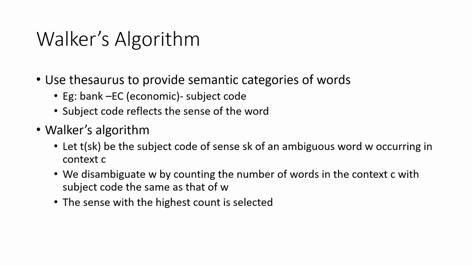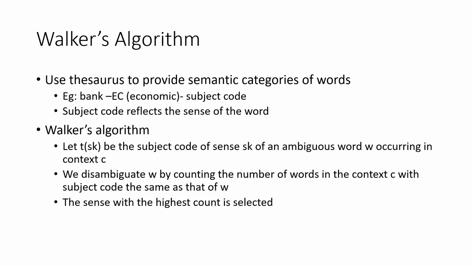So the next algorithm we are going to look at, called Walker's algorithm, has that idea, that is about including the hypernym context. That is what we said. So for a particular word, say car, if you want to find the proper sense, and we have the category to which a car belongs, that it is a vehicle, if we have a larger context of that particular word, you are more likely to get the proper sense. So that idea is incorporated in Walker's algorithm.